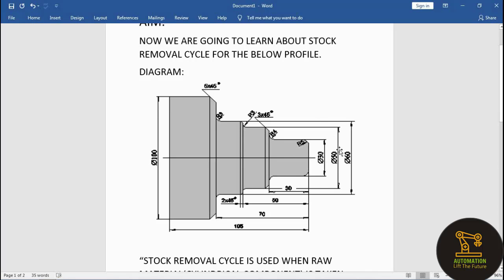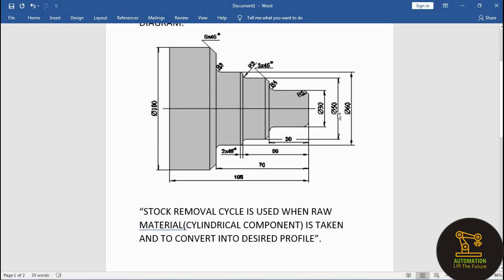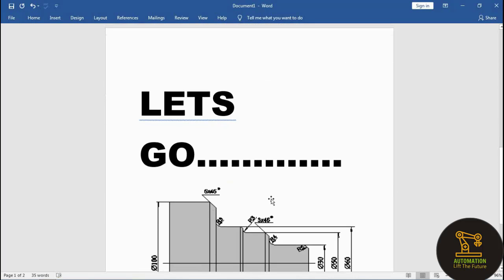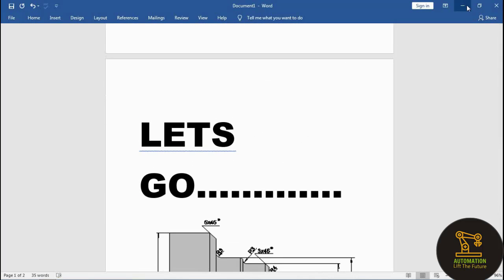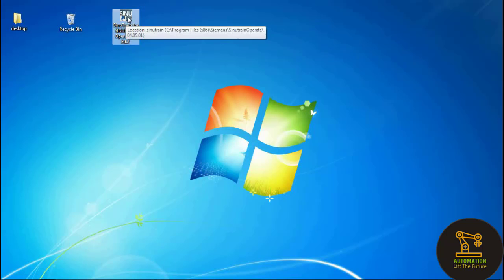Before doing the OD stock removal operation, we must know what a stock removal cycle is. Stock removal cycle is used when raw material, that means a cylindrical component, is taken and converted into the desired profile like this profile. So we are going to generate a profile, and this is the Siemens controller